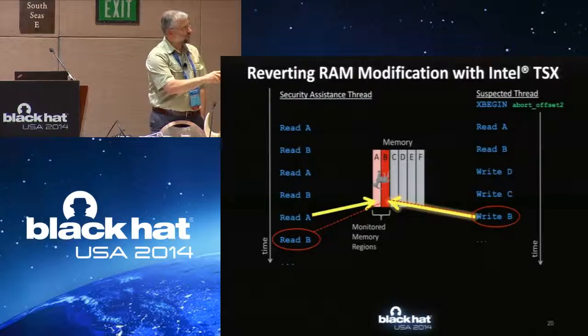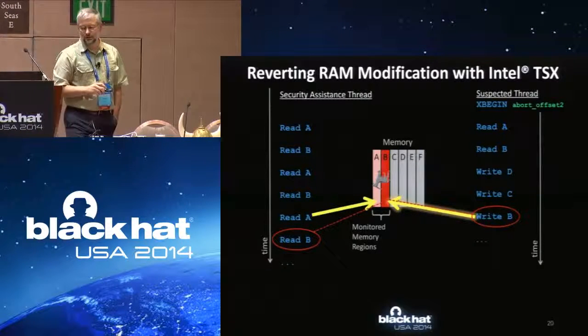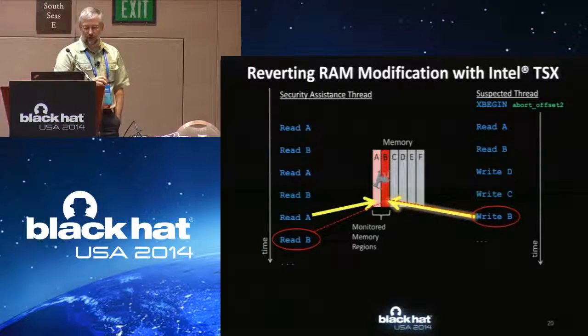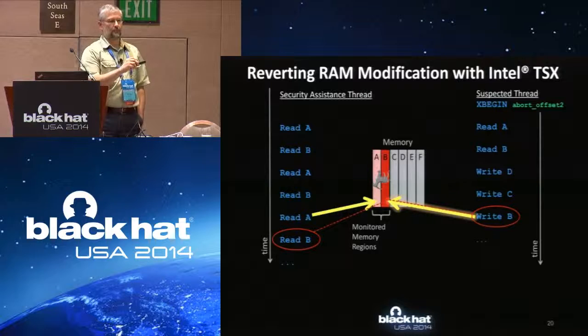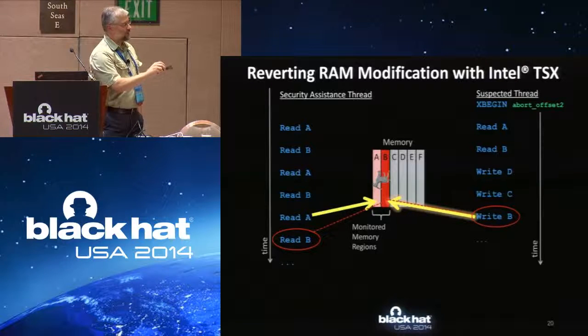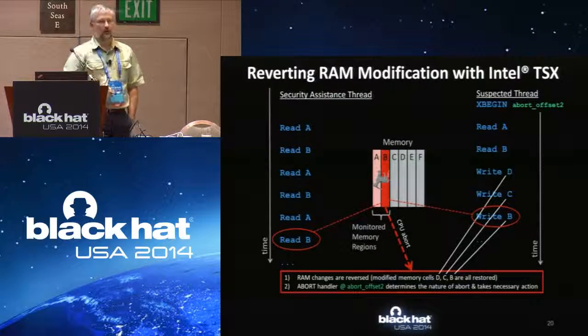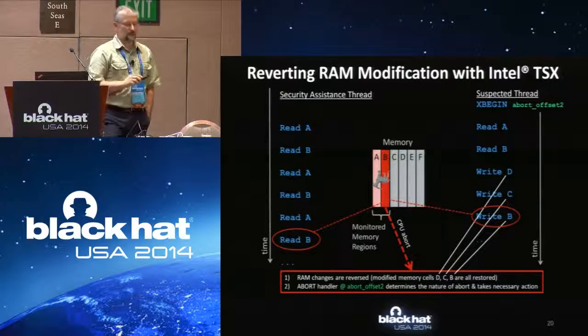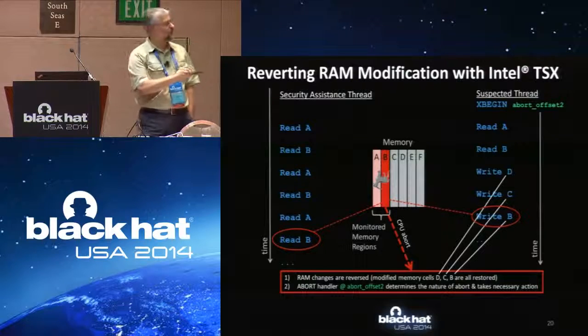So at that point, we see that this cache line is marked red, and any subsequent access to that memory cell or cache line with the security thread to the same location will create an abort. So it instantly created by the CPU. All the memory changes that were done by,